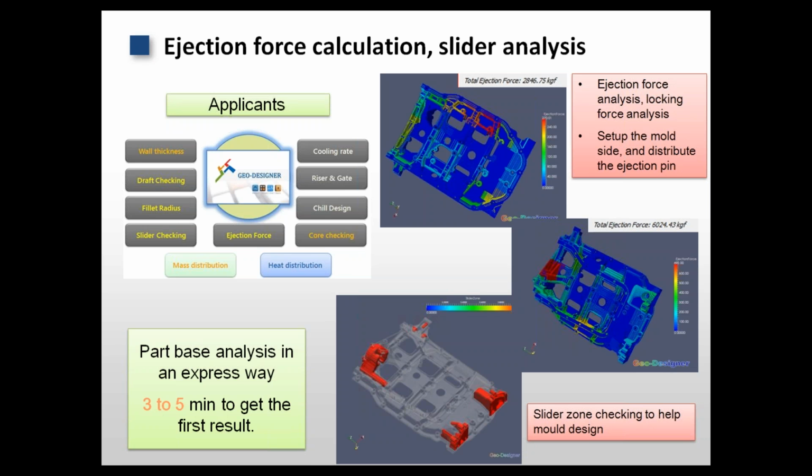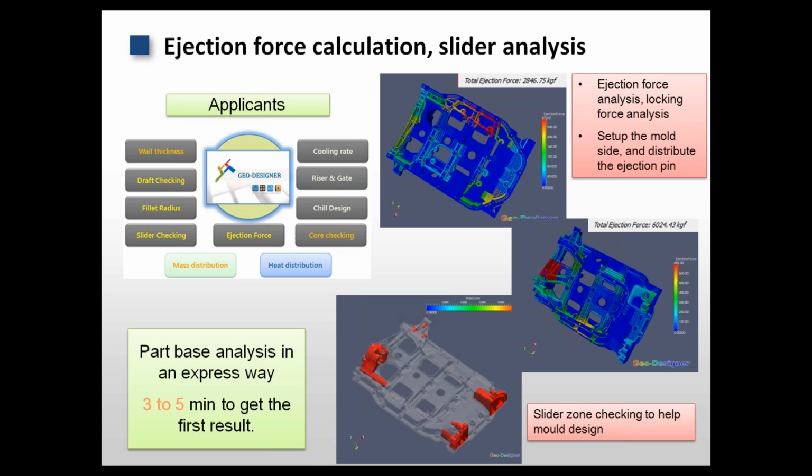And you will notice that when the die is opening, the mold locking force is not distributed in a balanced way. Some places have higher mold locking force and some places have lower. So we need to find out which area should be